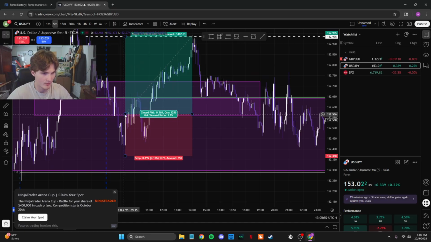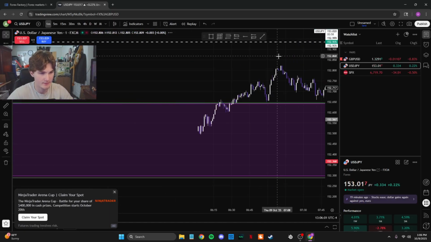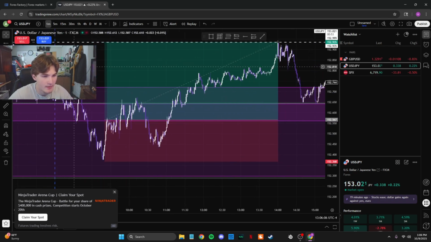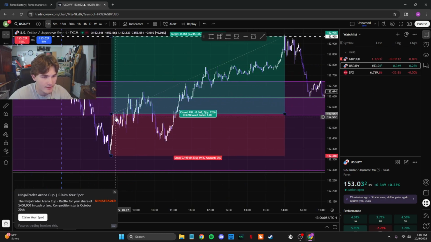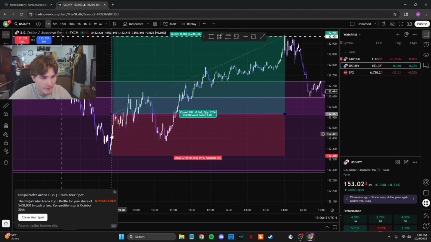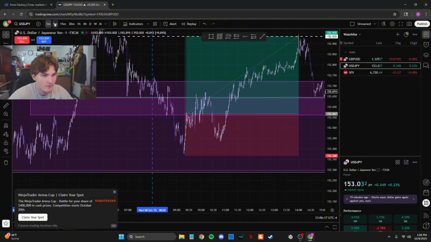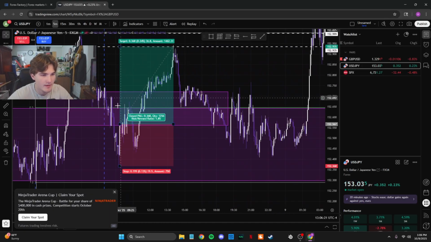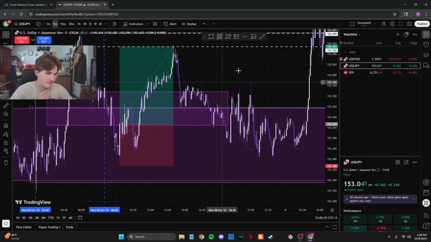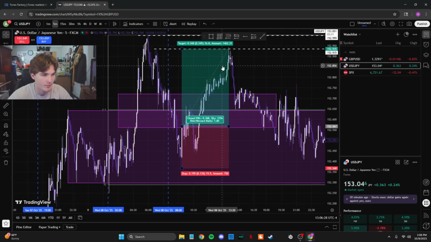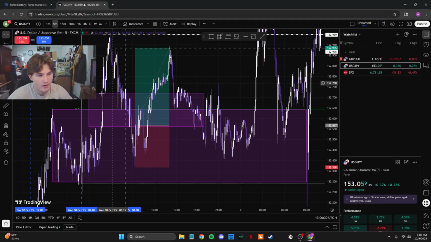Maybe could have found a better one on the 1 minute. I actually haven't looked at the 1 minute on this. Actually, I did look at the 1 minute on this, and it would have been pretty valid. There's a 1 minute fair value gap, which it touched back into, then it goes back up. It would have just been so choppy. TGR used the 5 minute on Forex, and 5 minute does seem a lot calmer. You get to see a little bit more, see the power of these movements a little bit higher than just the 1 minute sporadic movements. So I would say overall this is pretty good.